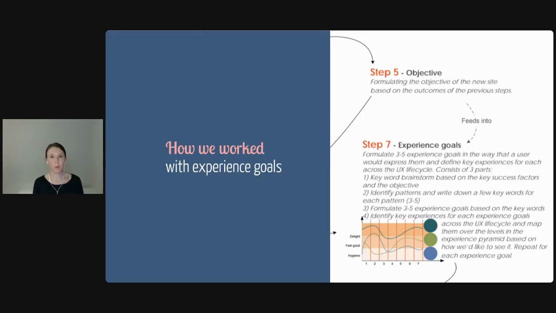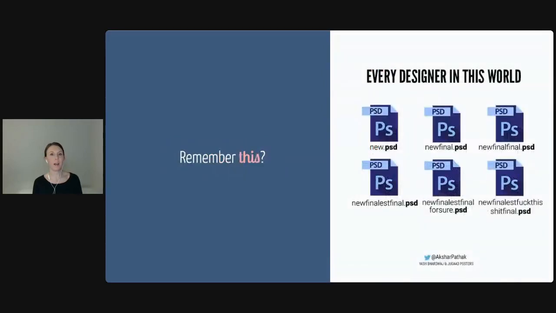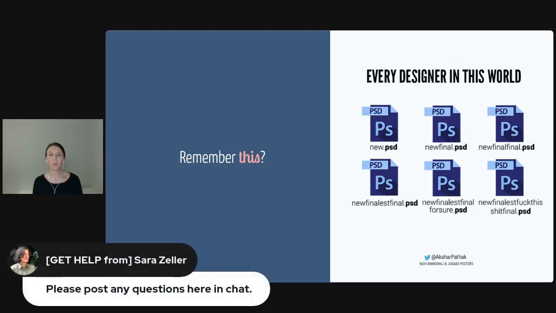And these things provided really good North Stars during discussions and the design process. So if the website knows me and what I want, that meant that there should be some recommendations, for example. I can't remember exactly what we came up with at that point, but it proved to be really good reference points throughout all of this. Now, the actual design process for the website, and I wasn't doing the visual design, but the wireframes, so to speak, was quite different. I'm sure a lot of you are probably familiar with this and probably still have it to some extent. But obviously, it was before we were working in the browser.